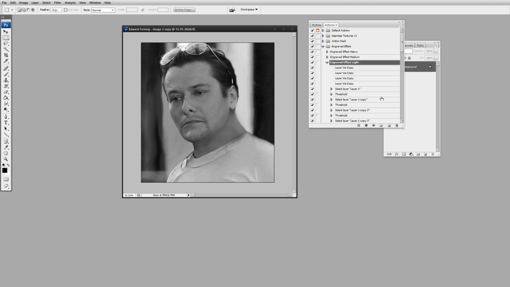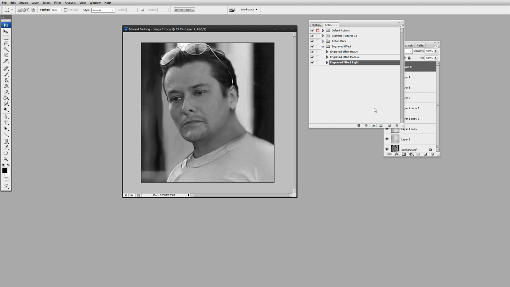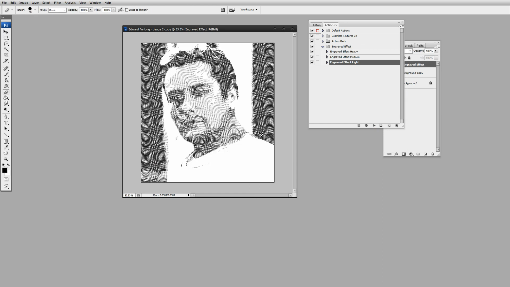Make sure it's not stuck here when you play it. So I'm just going to start the action script from this position. That's not what you want. Right, so